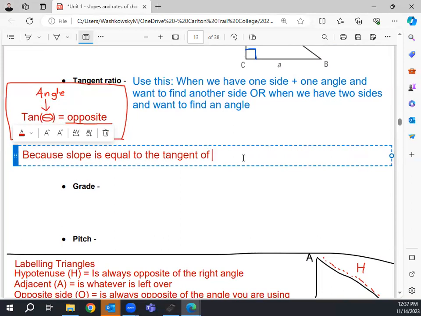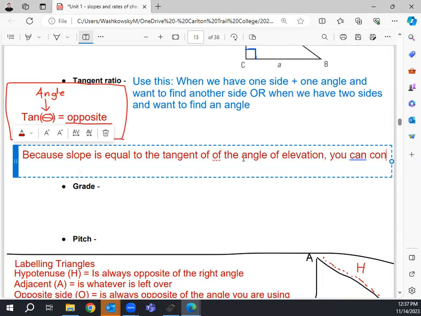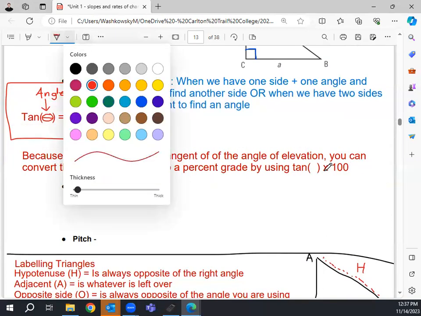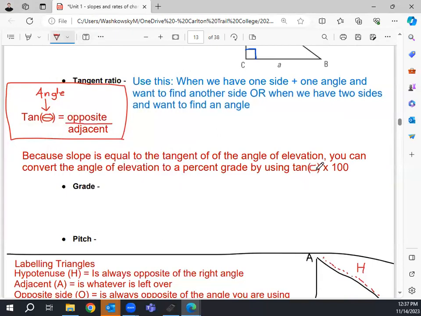Because slope is equal to the tangent of the angle of elevation, that's like looking up, you can convert the angle of elevation. Basically, you can convert an angle to a percent grade by using tangent of theta times 100. I'll explain what this means shortly, but this is a fancy way of saying you can turn an angle into a grade. And we use those grades to help determine how steep something is, particularly a road or